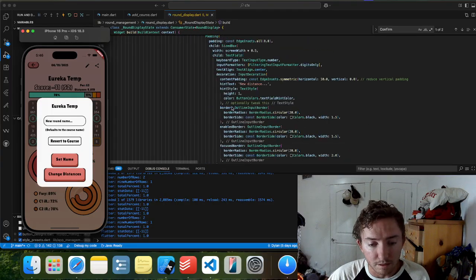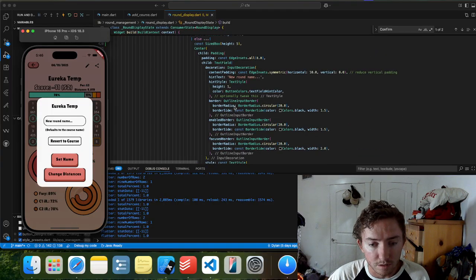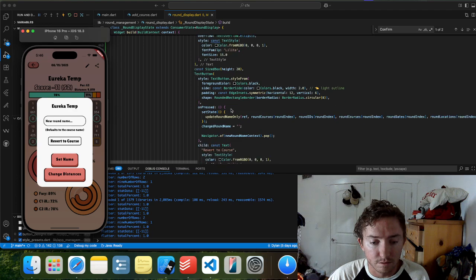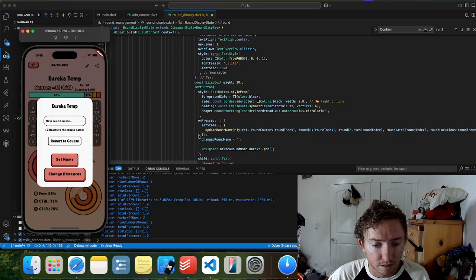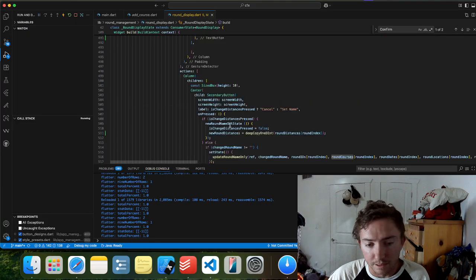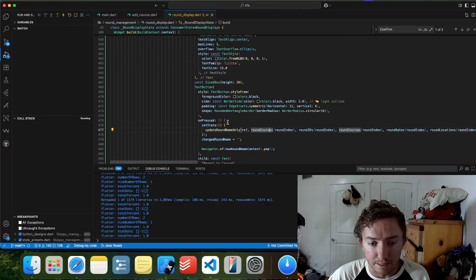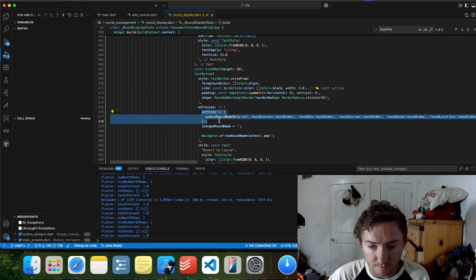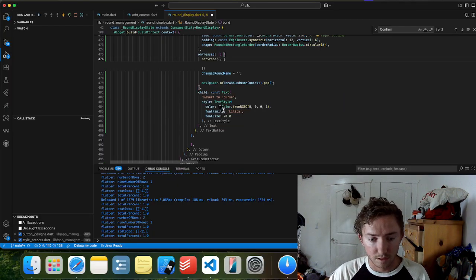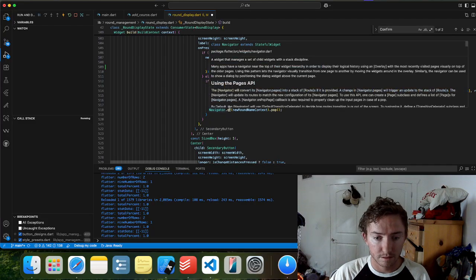What would probably be a little bit better is if on revert to course name, instead of calling the update, I just make the changed round name equal the course name, and then still make them hit set name at the end of it, if that makes sense. So instead of this, I do a